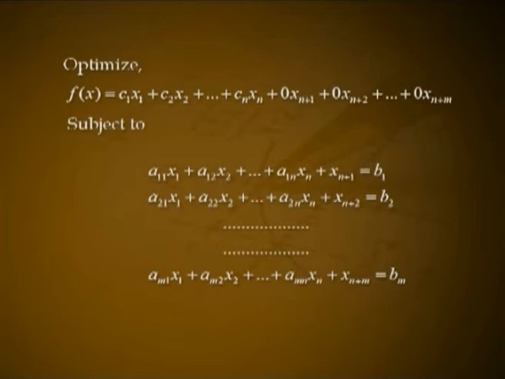plus a1n xn plus xn+1 equal to b1, a21 x1 plus a22 x2 plus etc. plus a2n xn plus xn+2 equal to b2, etc. am1 x1 plus am2 x2 plus etc. plus amn xn plus xn+m equal to bm, where xi greater than or equal to 0 for i equal to 1, 2, etc. m plus n. That is to optimize f(x) equal to cx subject to Ax equal to b, where